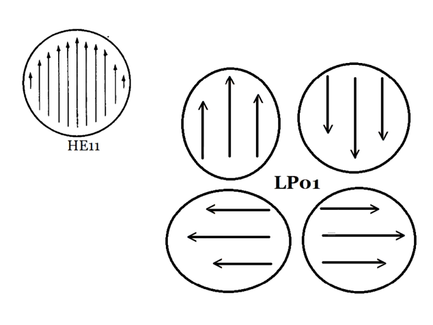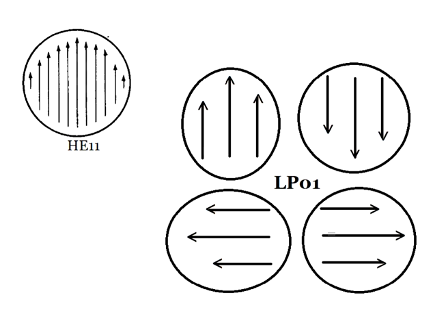HE11 gives the LP01 mode. Since in LP01 the first suffix is 0 and the second suffix is 1, the first being 0 indicates there is no maxima or minima around the circumference. Everywhere the field intensity remains the same. And the second component being 1 means there are no zero crossings. In HE11 you can observe the field is oriented in only one direction, that is, in the upward direction. So the linearly polarized wave will have the same direction.